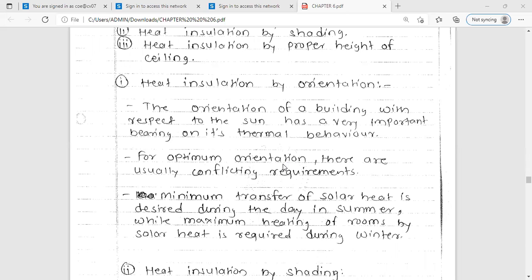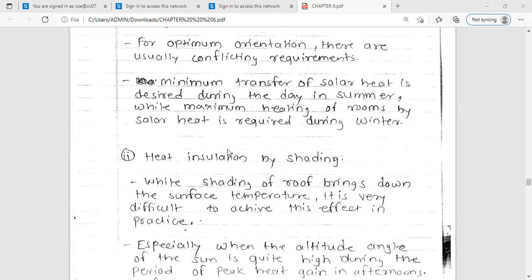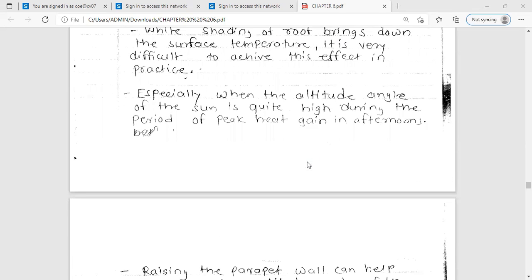Okay, जे काही सराउंडिंग साईडचं वातावरण आहे, जे क्लायमेटिक कंडिशन आहे, त्याचा कन्सिडरेशन करून आपल्याला काय करायचंय, तर ते heat insulation करायचंय. Okay, then after that, heat insulation by shading, means by providing the shadings also we can go